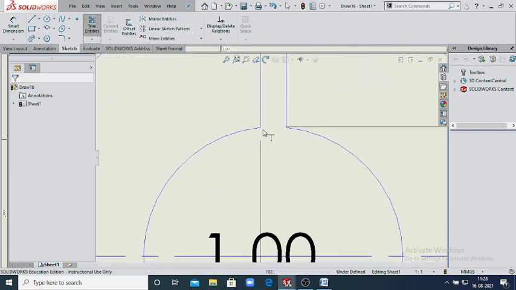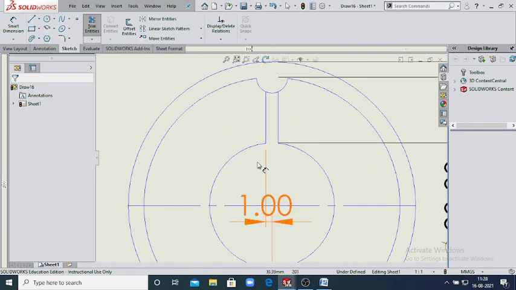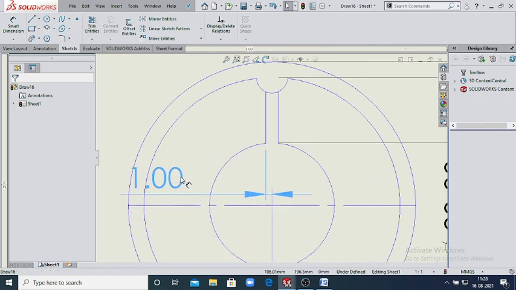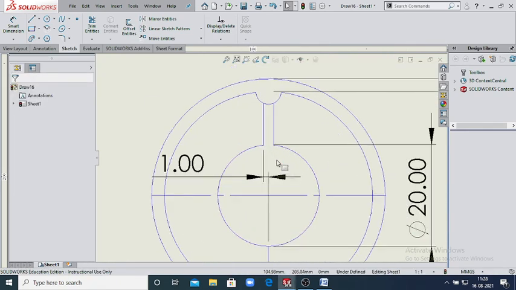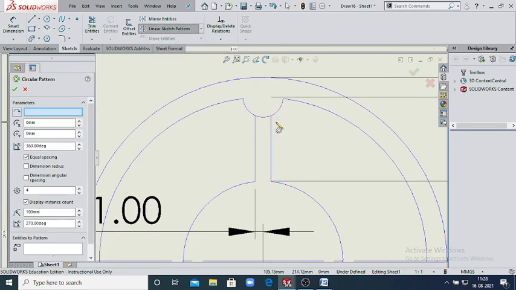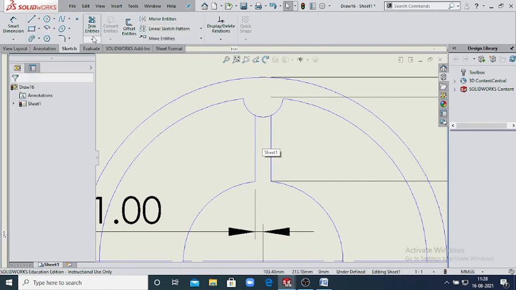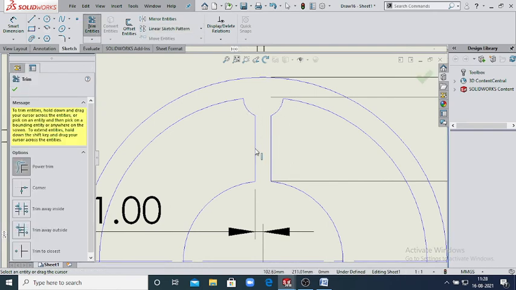Extend entities. Now again select the circular sketch pattern. First of all trim this line, this will also be trimmed. Now select the circular sketch pattern.